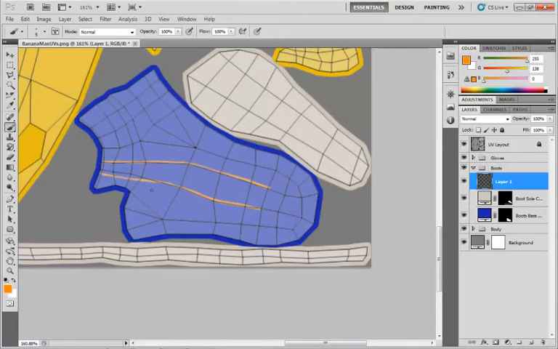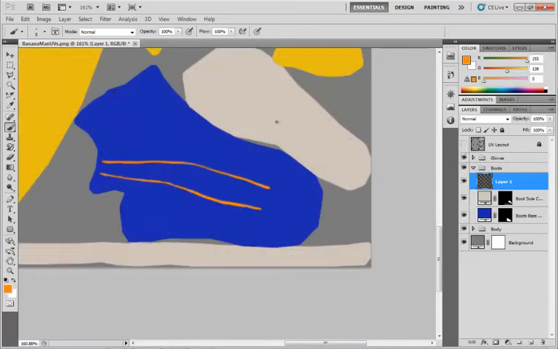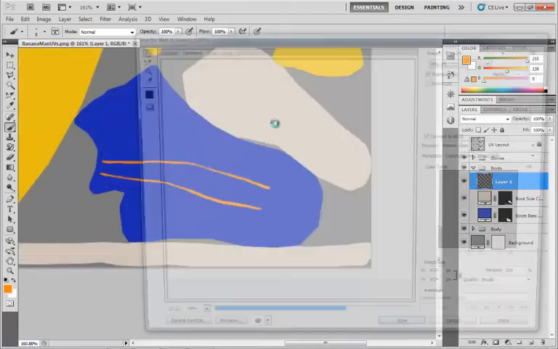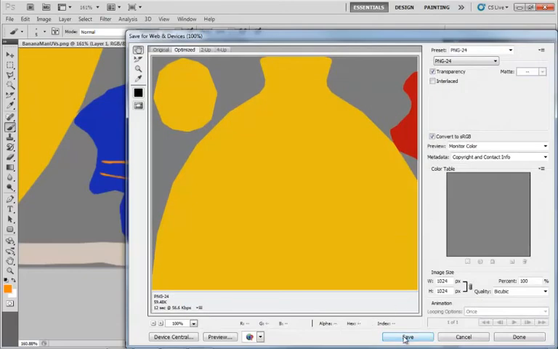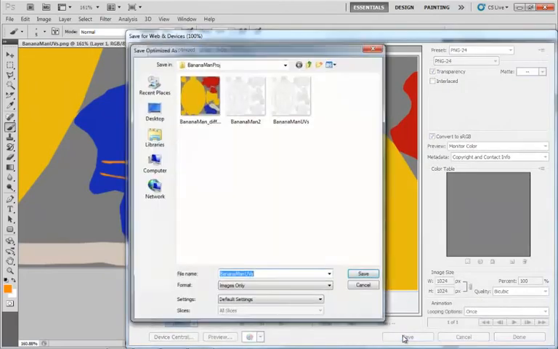Clean that up with the eraser a little bit, and just perform another test. Now, don't be surprised if you find yourself having to do these tests a few times just to make sure that everything is landing exactly where it needs to go. So we'll save,